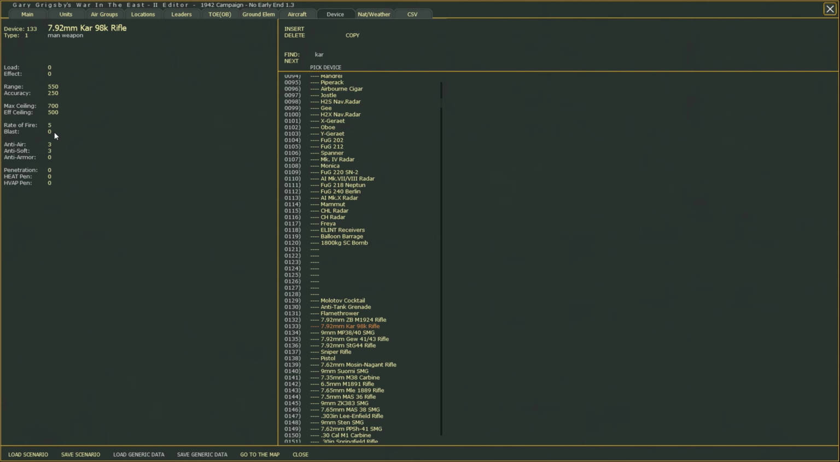Blast is basically the blast radius, even though I don't know if this is expressed in meters or feet. I assume this is meters. Anti-air, anti-soft, and anti-armor, these are pretty self-explanatory values. The higher it is, the more damage it will do to air targets, to non-armored fighting vehicles, and of course to armored fighting vehicles. And then we have the penetration, which indicates, let's say, the